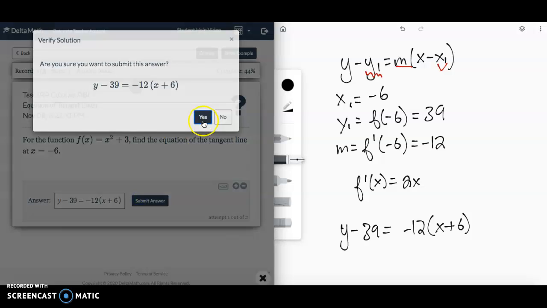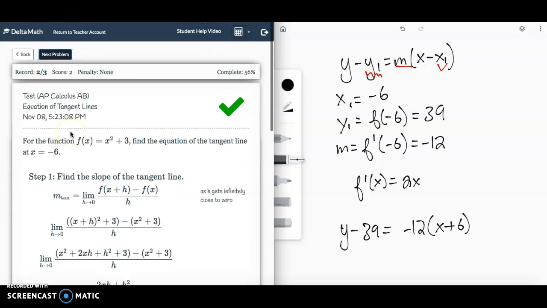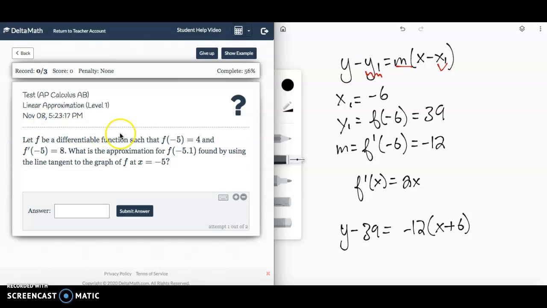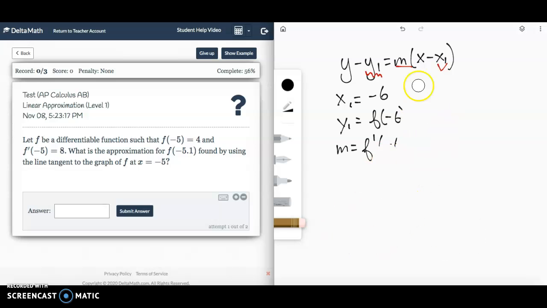And there we go. Boom. All right, so that's the equation of the tangent line. Let's go ahead and now we're going to use our equation of the tangent line to do some linear approximation. So this is going to kind of just tweak a little bit how we see our equation of the tangent